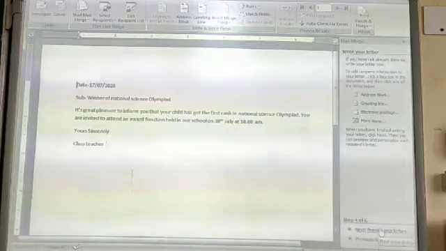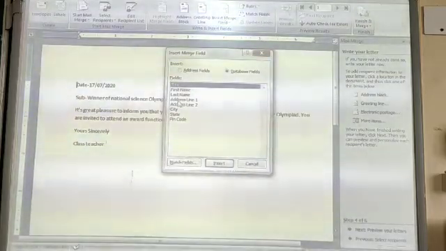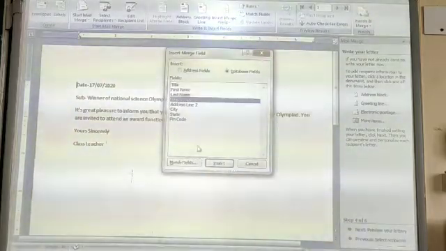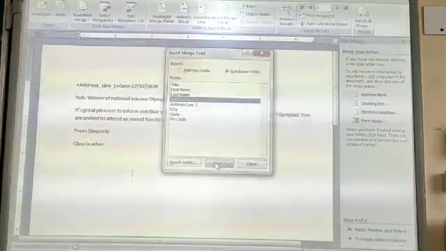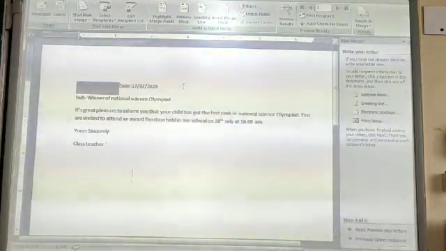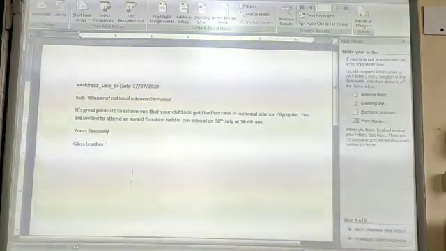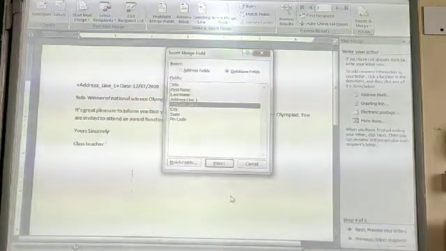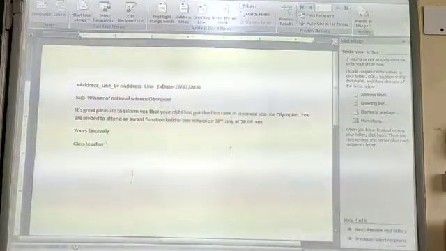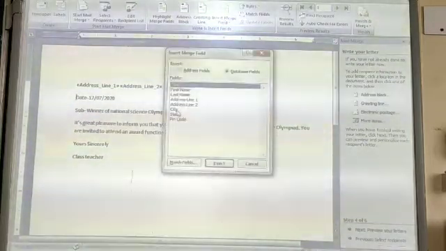After that, you have to write the letter. While writing the letter, what you have to do? Click on more items, select the fields. Like suppose on the top you want to display the address of the recipient, so we will add the address here. And on the next line, we will display city,